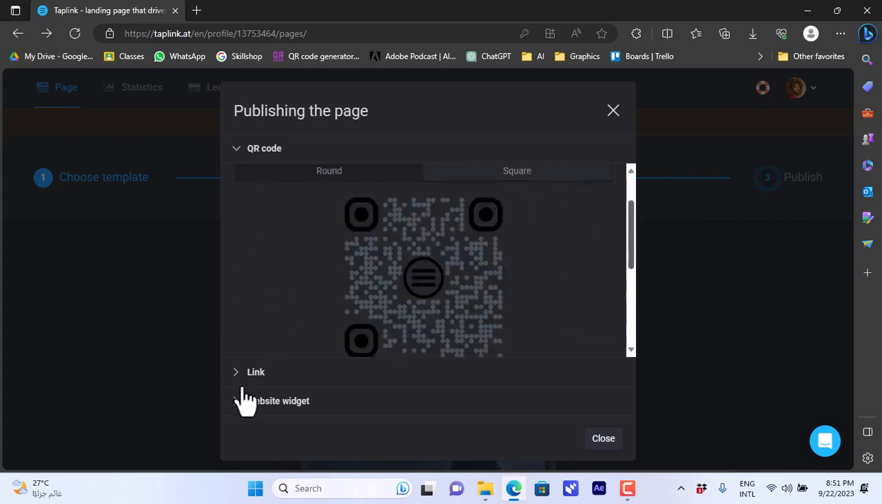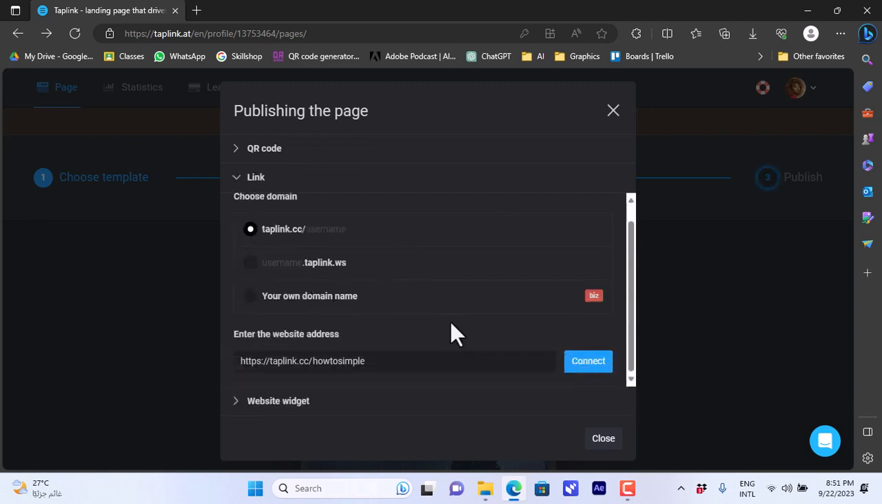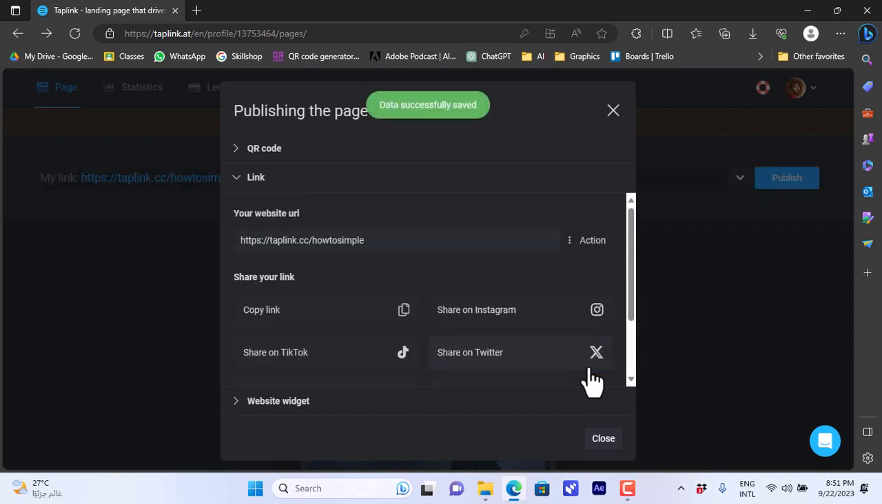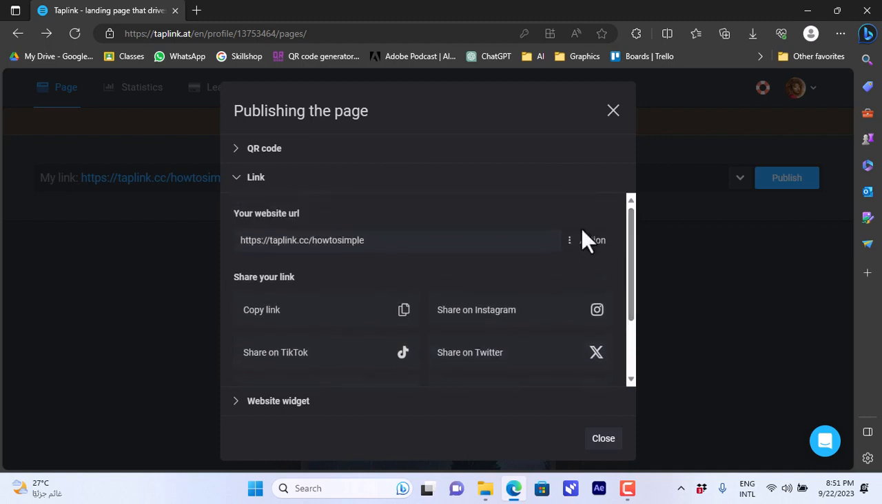And you can also generate a widget for your website. So here's the link to embed it in your website and the button color if you need to, and also view or change some settings. And when you are happy with it, in the links here, I can create the link, and once I'm happy with the link, I can click on connect, and here my link is now created and the data is successfully saved. And I can share the link, copy it, or share it on Instagram, Facebook, Twitter, or more sharing options. So here I can get my link,